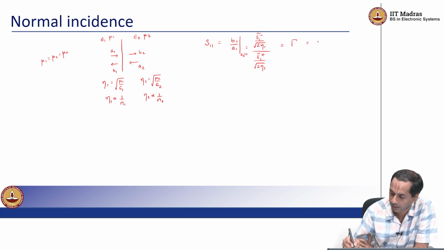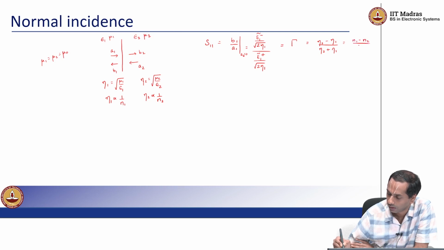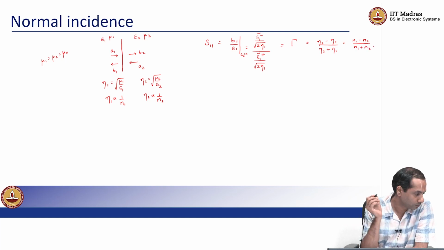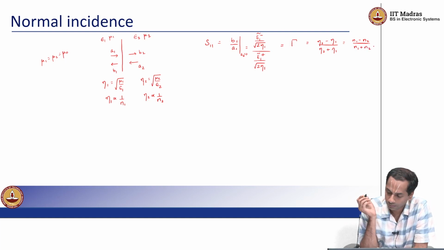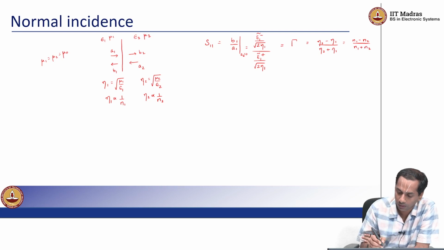So we can say that this is eta 2 minus eta 1 by eta 2 plus eta 1. This actually transforms to, because they are inversely proportional to indices, we'll get n1 minus n2 by n1 plus n2. Okay, and we'll call this small lowercase r,